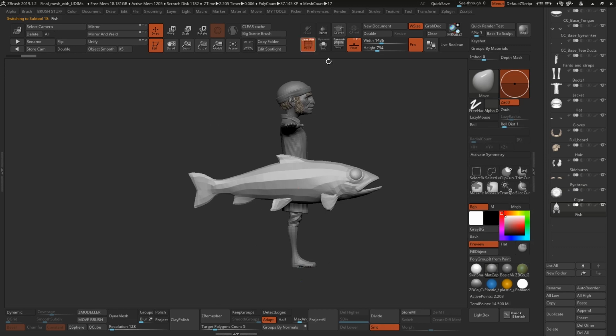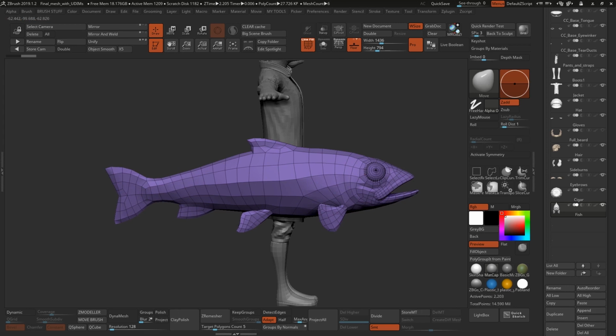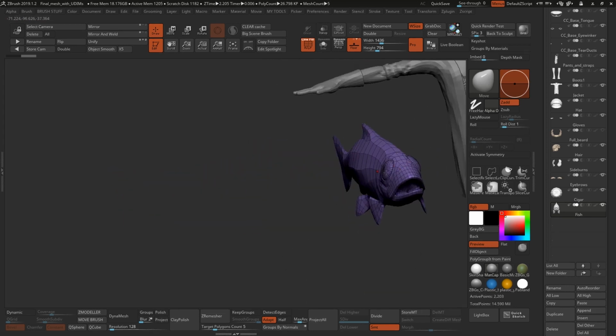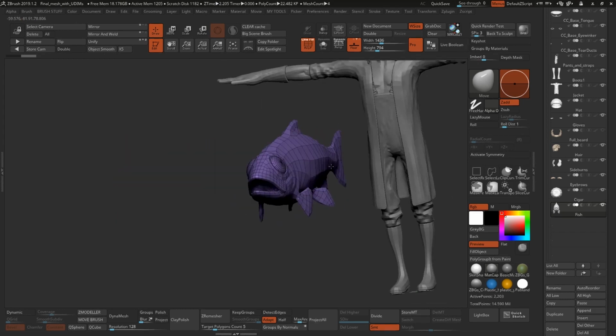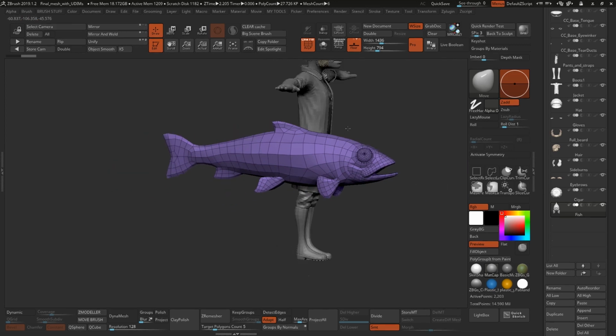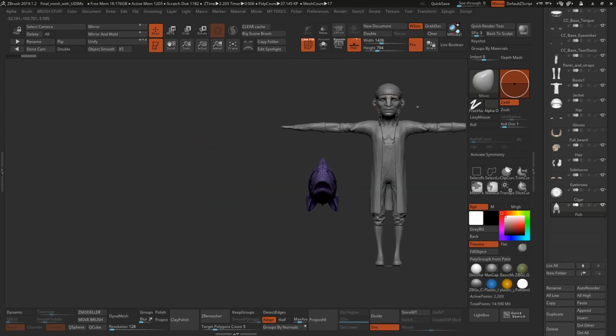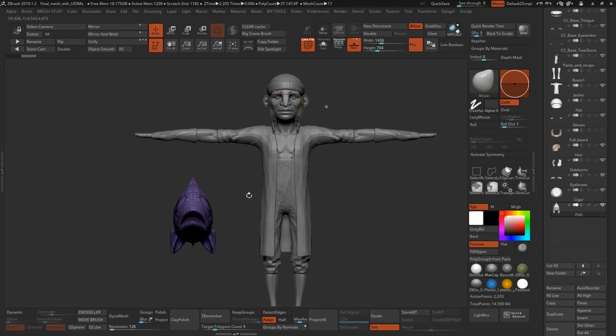So I'm going to select that and turn polyframe on. This one was created with three different polygons, two for the eyes that are separate from the body, and the rest is just a single mesh. But it's quite low poly, so it should be pretty easy to manipulate in terms of the pose. All right, so these are two assets, and the reason I'm mentioning these two assets as different from the clothes is because of what I mentioned earlier or in previous videos about selecting accessories or selecting clothes inside